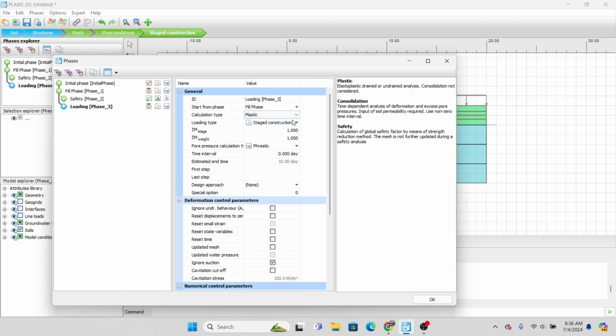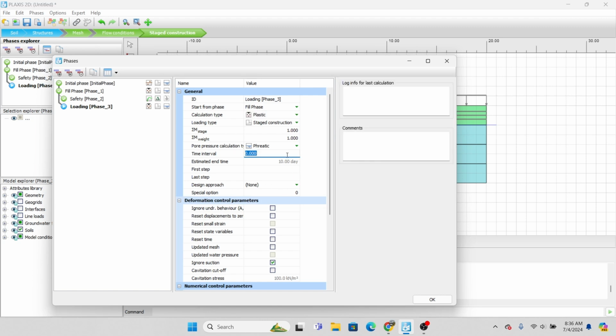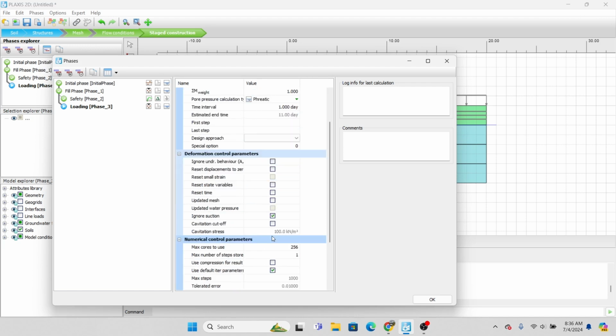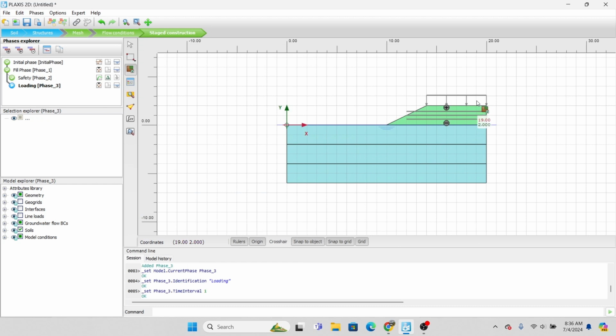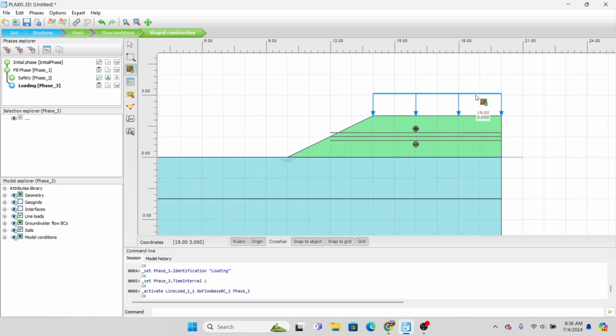I'm just gonna still do plastic. The loading type I'm gonna do 1 day with the, yes, just like this, and then I'm gonna activate the load, so it should be activated now,